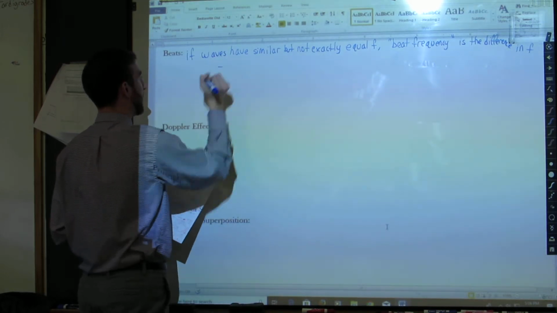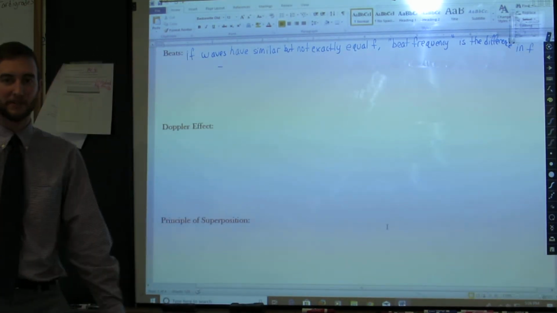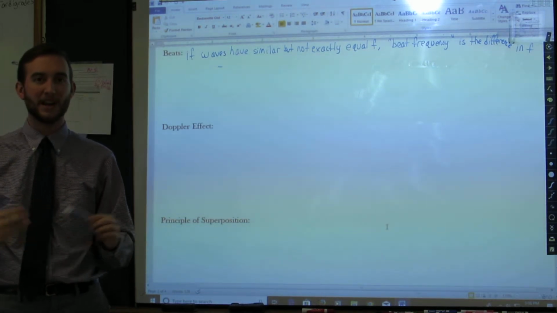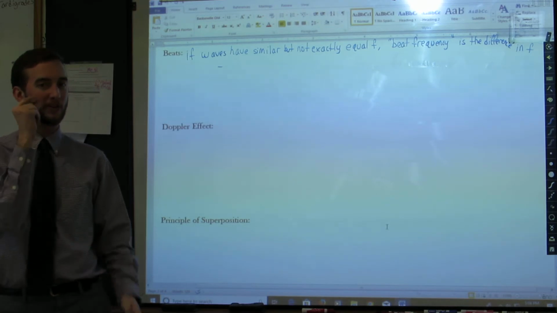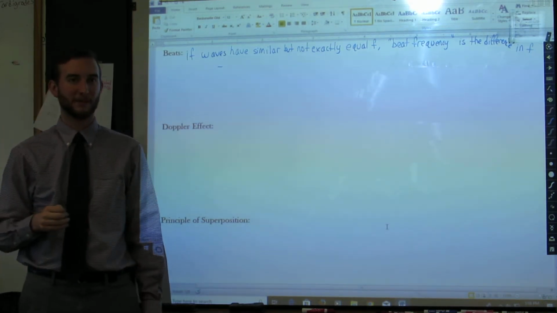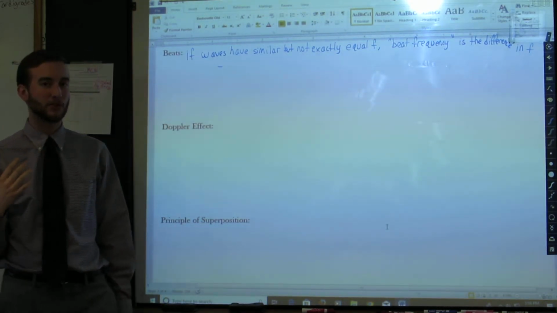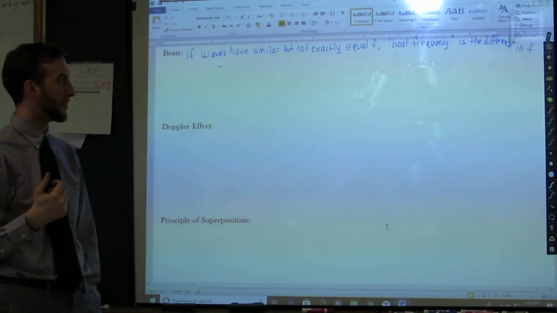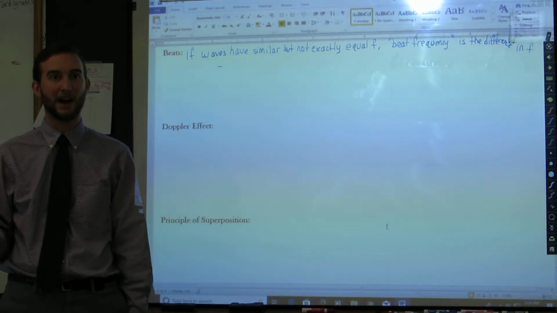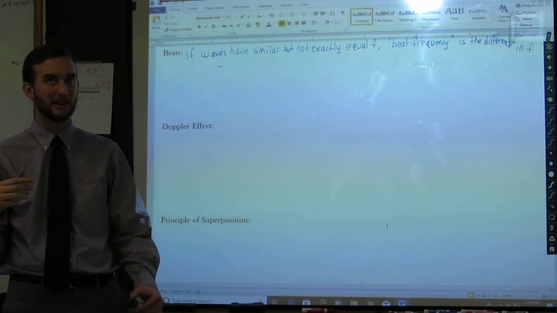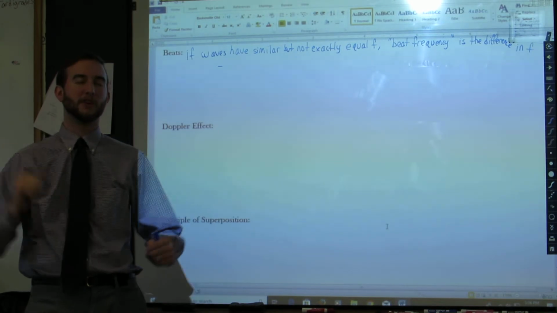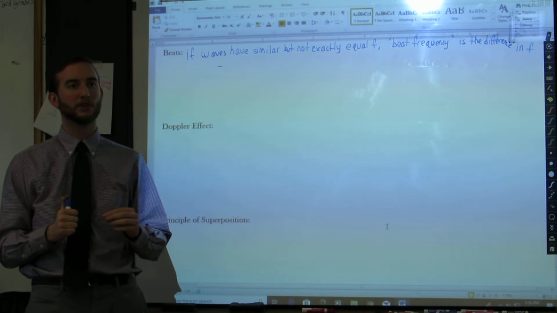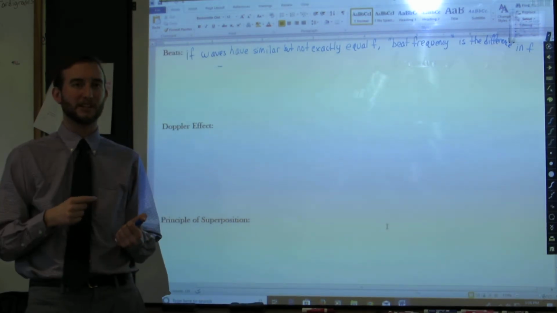Before we get to the example, the way that you hear this, if you're in choir or in band, you have heard instruments being out of tune, and it's not a pleasant sound. And you've heard instruments being very close to in tune. The reason that something sounds in tune is because the beat frequency is very close to zero. If something is not in tune, then you hear a beat frequency that's a little bit higher, okay? And you would think that the bigger the beat frequency goes, the worse it sounds. Like, if you have a difference of 200 or something, it's terrible. That's not really the case.